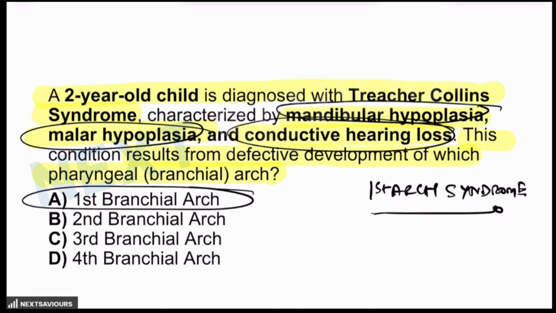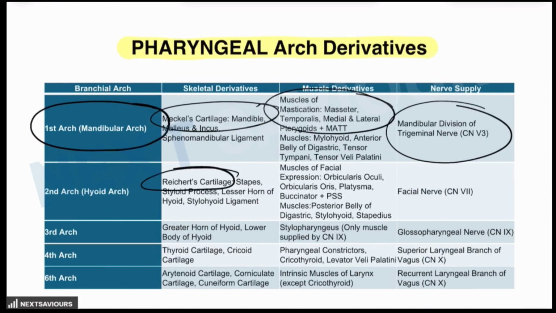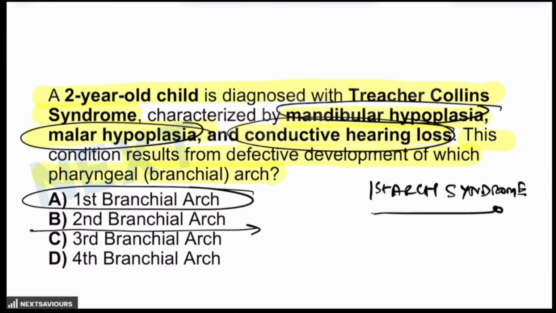Now, why are the other options incorrect? Had the examiner asked about the second branchial arch, this arch forms Reichert's cartilage, which leads to the formation of the stapes, styloid process, and the muscles of facial expression. So, if there is a defect in the second branchial arch, then it leads to Pierre Robin sequence, not Treacher Collins